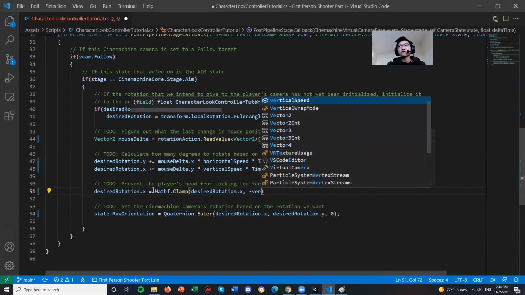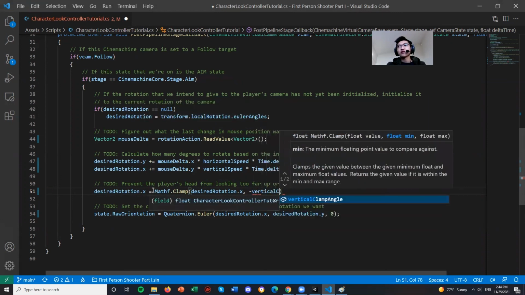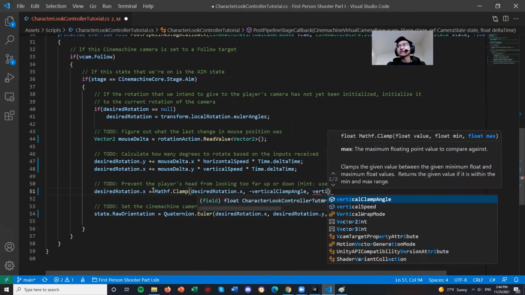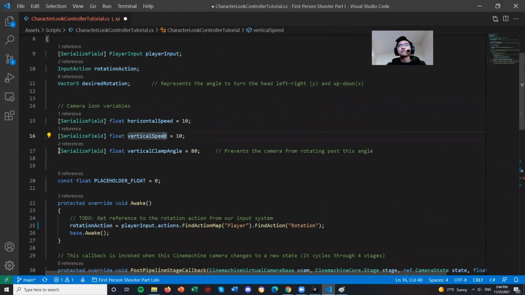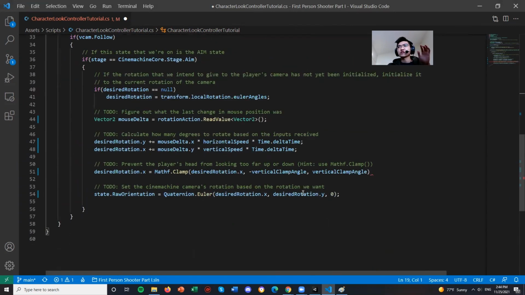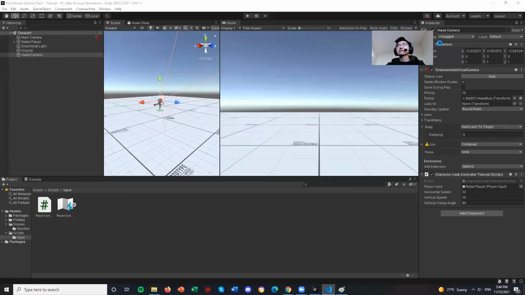So negative vertical clamp angle, and these are just angles that I've set at the top here. These we can change in the editor. They're just variables that we can tweak. But these are our clamp angles. I just set it to 80, right? 80 degrees up and 80 degrees down. That's kind of the range we want. We can adjust these however we want, but these are just values to start off with. And then once we save that and we head back into the editor,